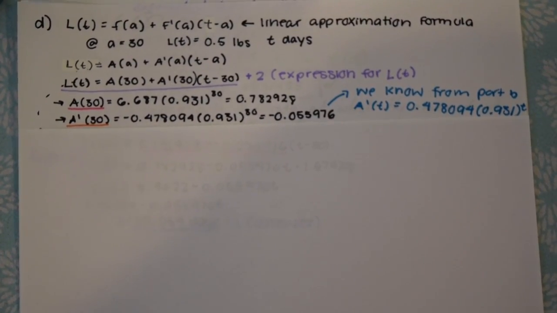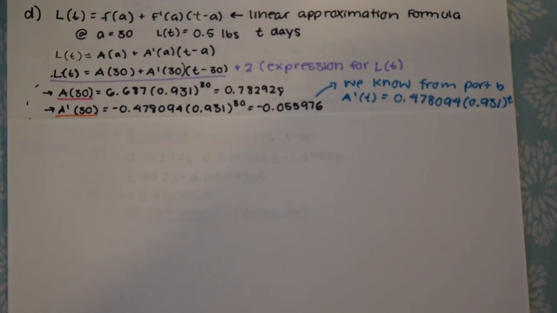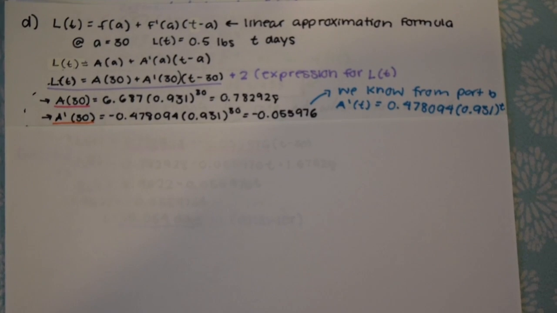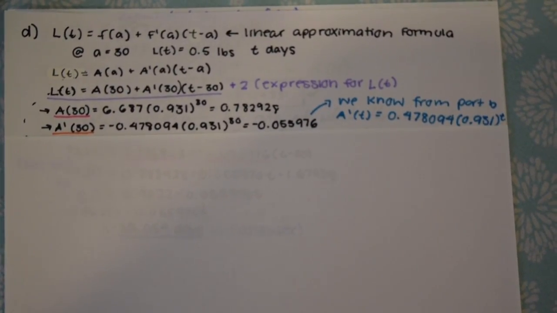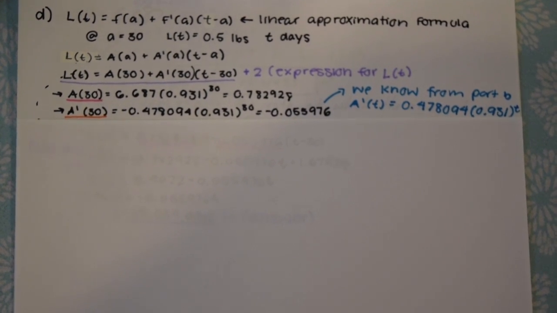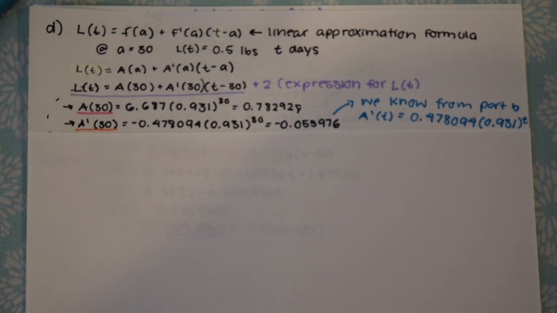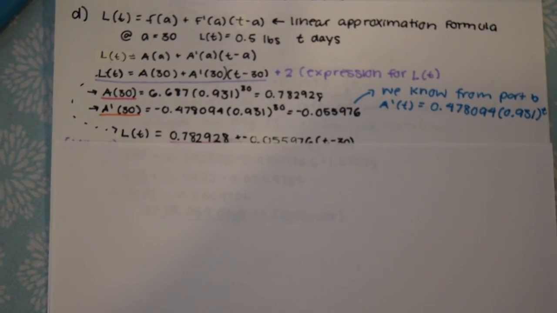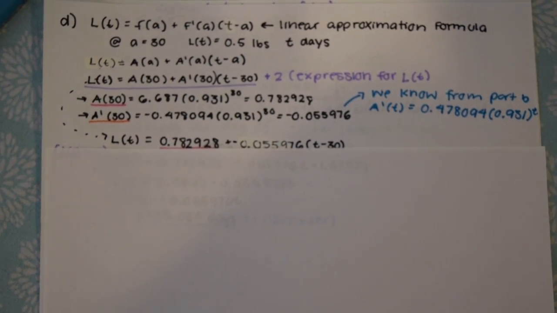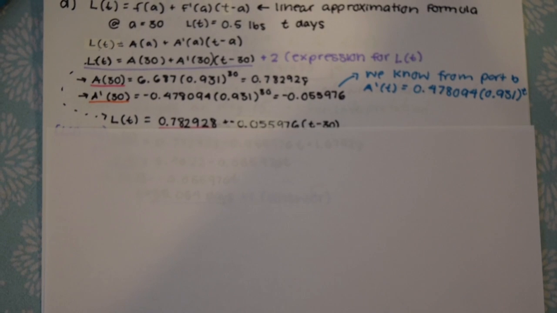A prime of 30 equals negative 0.478094 times 0.93 to the 30, which equals negative 0.055976, and we know from part B that A prime of t equals 0.478094 times 0.93 to the t, and so we're going to try to solve for t from there, because we know L of t equals 0.782928